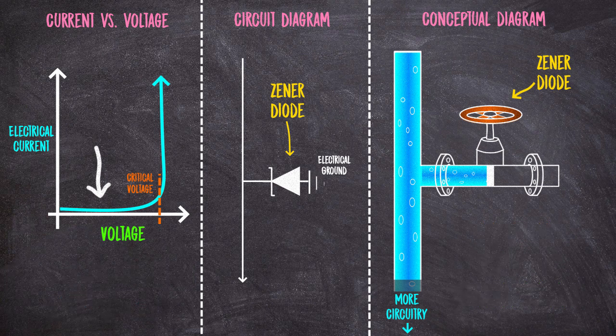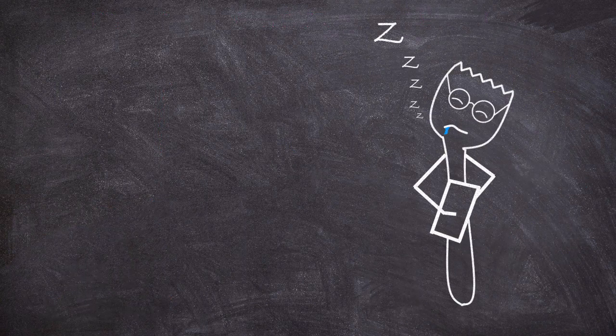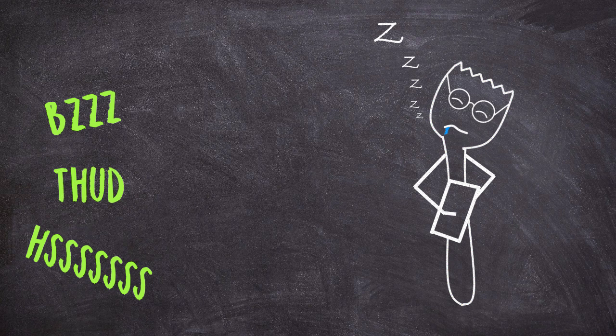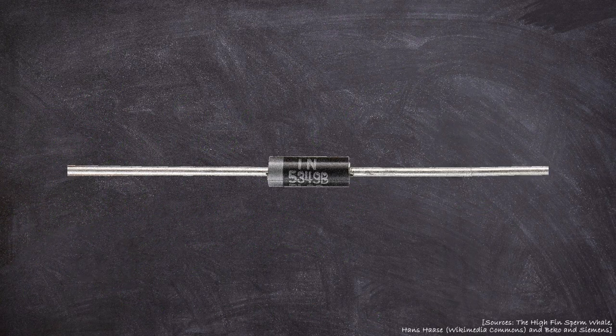But if the voltage in the circuit should suddenly spike or surge for some reason and go much higher than it should, then suddenly you're going to exceed this critical voltage, and basically flow will be diverted through the Zener. And this ensures that the higher voltage doesn't get communicated to the rest of the circuit, which would be bad. And these are the kind of things that Zener diodes are used for.